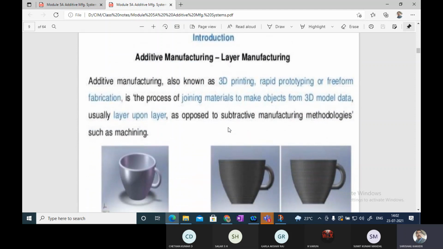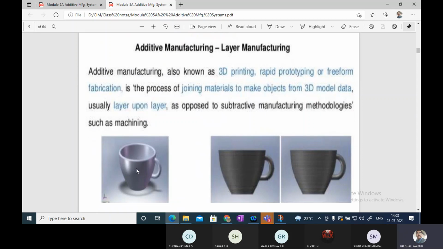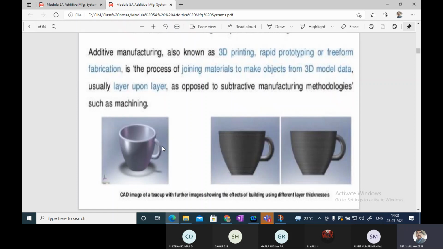And now, what are the things we can do by using the additive manufacturing system? You can see that in the metal removal process, to do any complicated jobs, for example, you can look at this cup. You want to do it in a CNC machine, it's not possible. This particular thing has to be made separately, and it has to be assembled by means of a screw or assembled in some other way. And to do this machining, what happens? The inner material and this cylindrical surface has to be machined to this particular shape. What happens? The loss of material, more than 40% of the material will be removed by machining. So it is really a waste of material and a waste of working hours also.